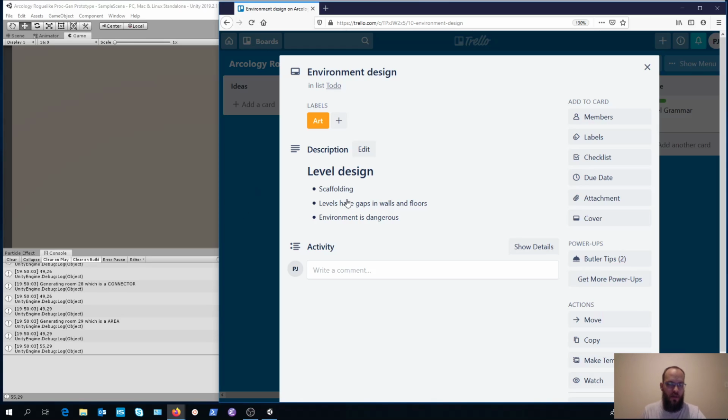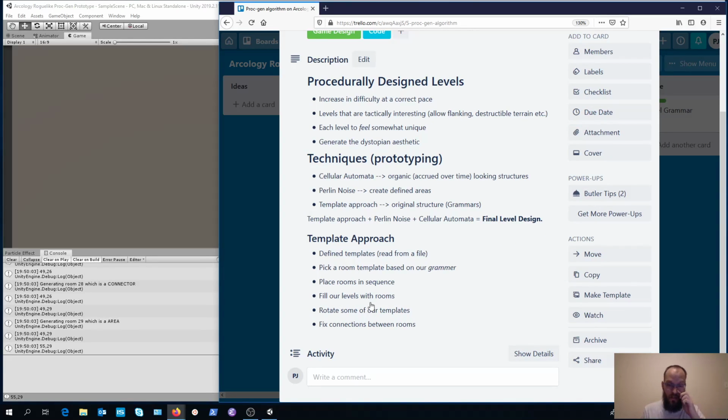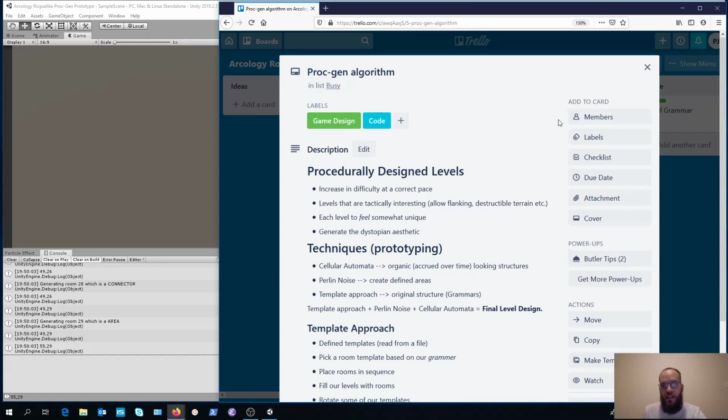Okay, so this is just a bit of artistic design, so that when we start building our actual level, and when we start finishing off our algorithm, and get to the part where we want to start filling in our rooms with levels and fixing the connections between our rooms, we can keep in mind the fact that it doesn't need to be perfect. There can be gaps, there can be holes, and that's what our cellular automata is also going to do. We are still going to be getting to the Perlin noise generator, which is really just going to be a way of generating the richness or the value or the difficulty level of the different templates. But before we get to filling our entire level with rooms,